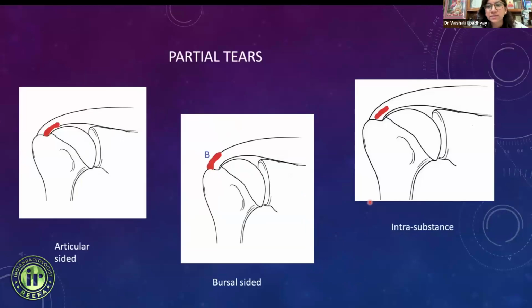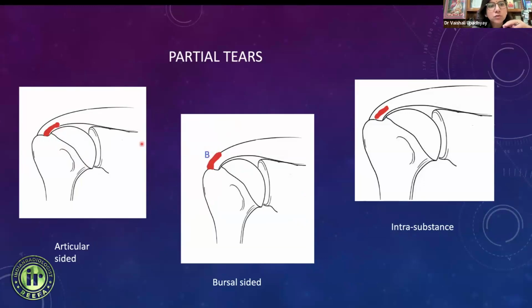Next, coming to tears. There are different types of tears. They can be partial thickness tears and they can be full thickness tears. When we talk of partial thickness tears, there can be these types. Some of the tears can be facing the joint part and some of these can be facing the subacromial